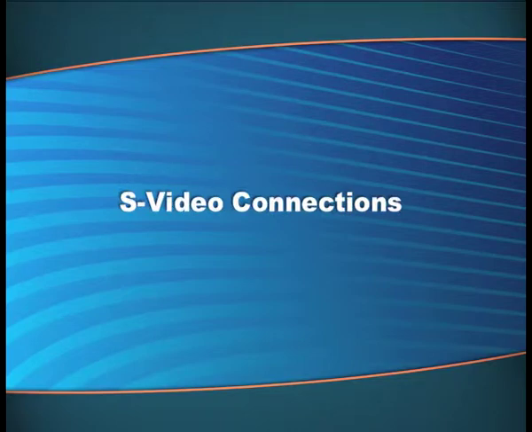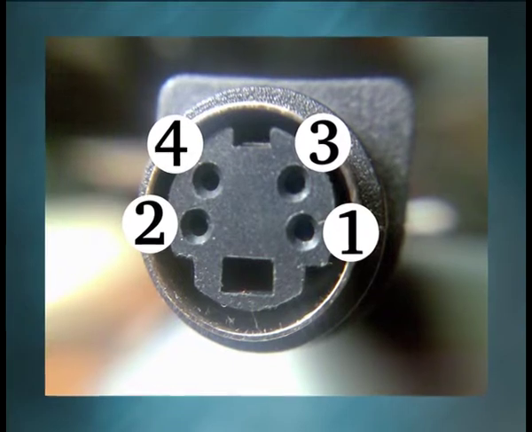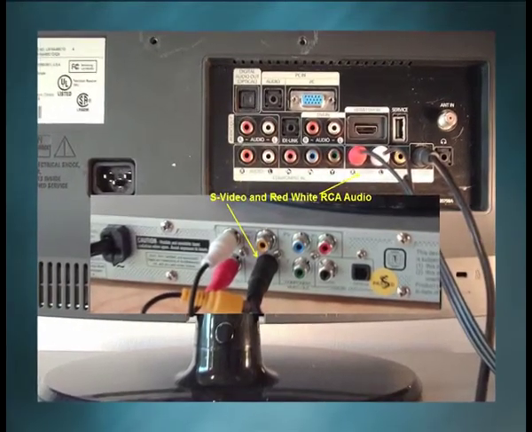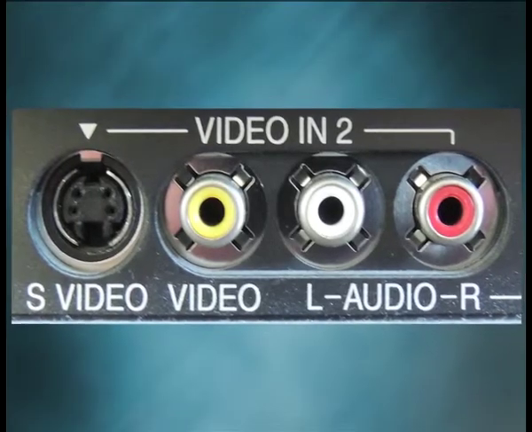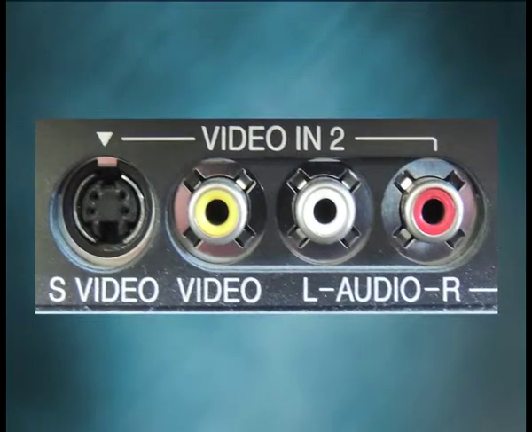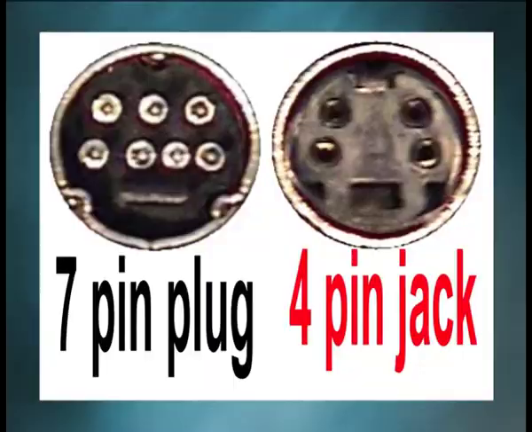S-video connections. S-video connections are becoming more obsolete by the day. However, this is yet another option for hooking a TV screen to a computer. S-video hookups were once the standard for connecting any device to a screen. From PCs to DVD players, the S-video cord features a round head with either 4 or 7 pins. In order to use this hookup, both the computer and the screen must have the same number of pins. Generally, this will need to be 7 pins, as virtually no computer is made with a 4-pin connection.